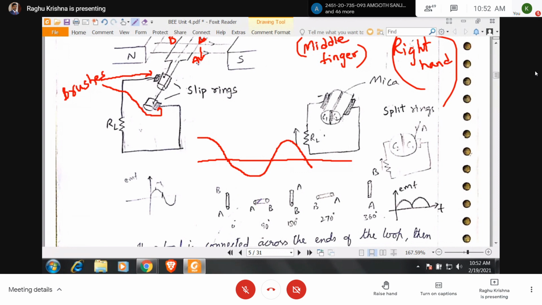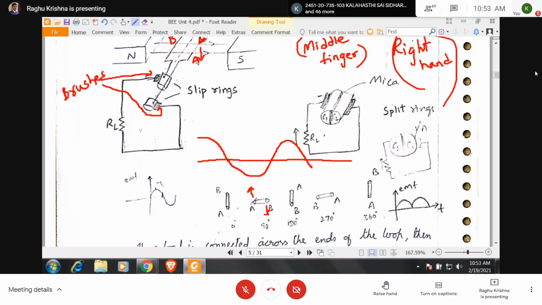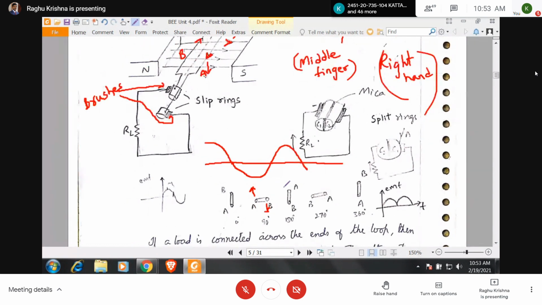when this coil completes another 90 degrees, this will be the position of A, this will be the position of B. Now here, A will be moving up. See here, the conductor is rotating in clockwise direction. Now here, from this instant onwards, B will be moving down. See here, the coil is rotating in clockwise direction. Right. So what about this case? B is moving up. A is moving down. Here, A is moving up. B is moving down. Is it clear?